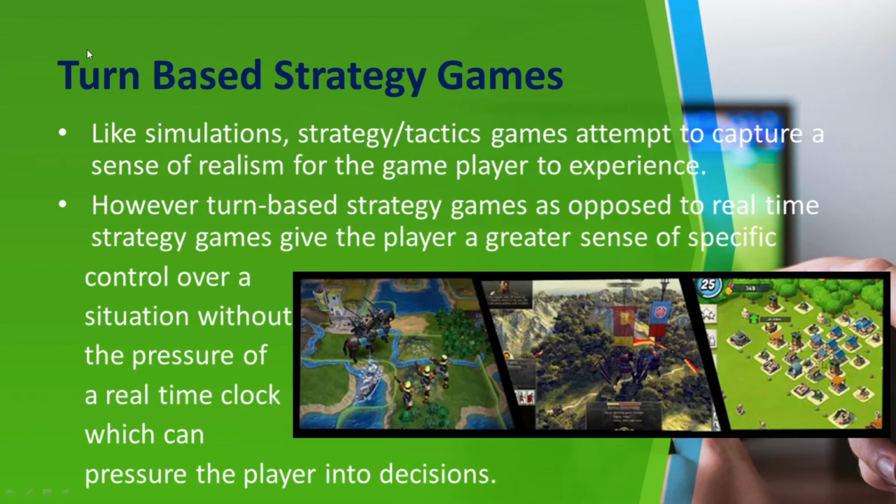Next, we also have your turn-based strategy game. Like simulation, strategy and tactics games attempt to capture a sense of realism for the game player to experience. However, turn-based games, as opposed to real-time strategy, give the player a greater sense of specific control over the situation without the pressure of a real-time clock, which can pressure the player into decisions. Now, the main difference between real-time strategy and turn-based strategy is the removal of the clock system for turn-based strategy, wherein it's up to the player how long he will take his time in order to execute